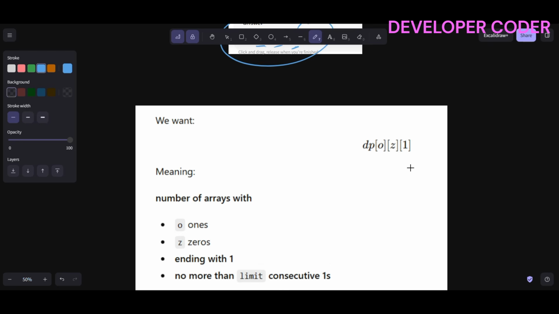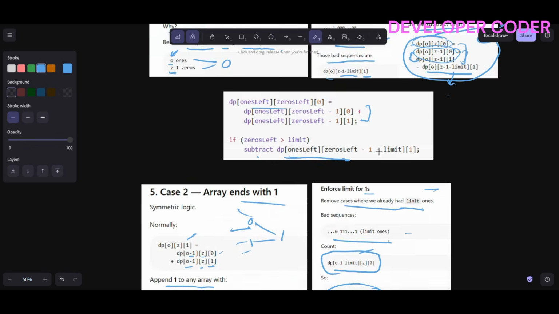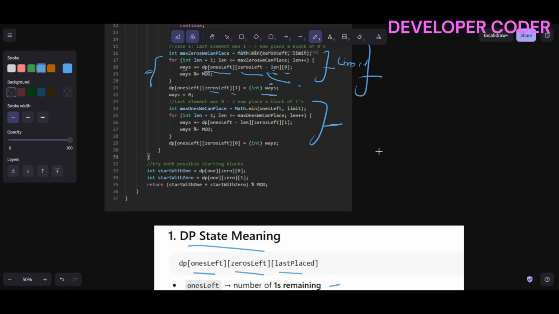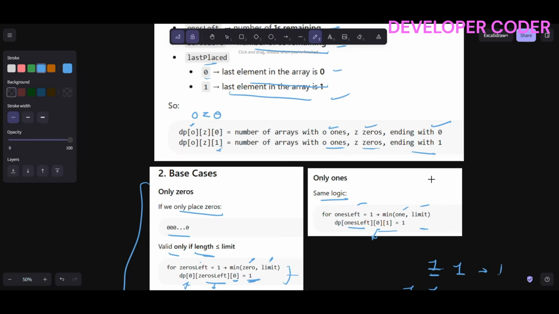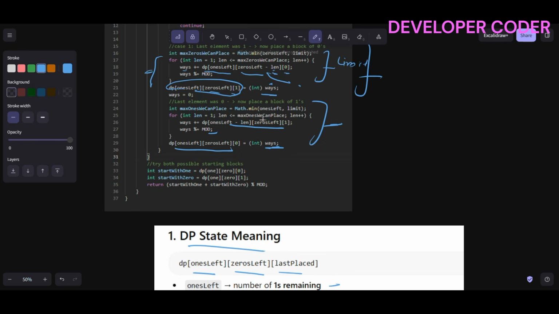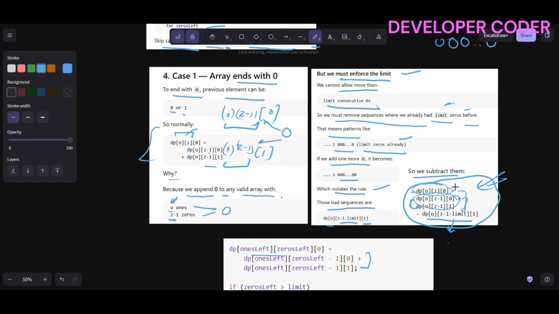So here dp of 0 1, dp of 1 0 and 1. So if you see, overall we are filling only these values: dp of 1's left 0 left 0, 1's left 0 left 1. So dp of o z 1, dp of o z 0, only this we need to calculate. And these we calculate in base, and in base we are implementing this thing. Right now I have to find a shortcut instead of running over the loop from 1 to the maximum we can place. I don't want to do that, I want to optimize it. So in this code,